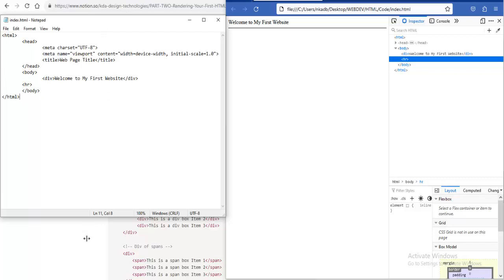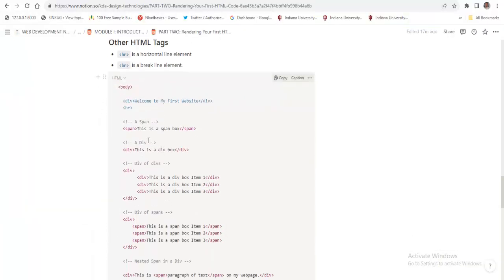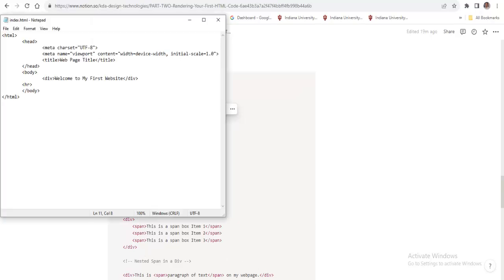Now I can go in and then copy another tag. So the next one I'm going to copy is a span tag. It comes with a comment, span tag, and then there's this span tag here with inner text content of "this is a span box". So I'll copy this one, come back to my notepad,